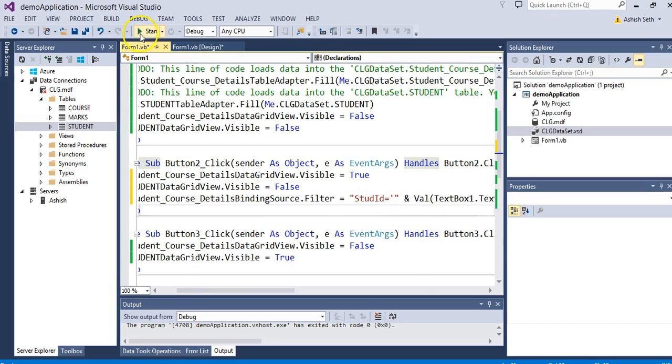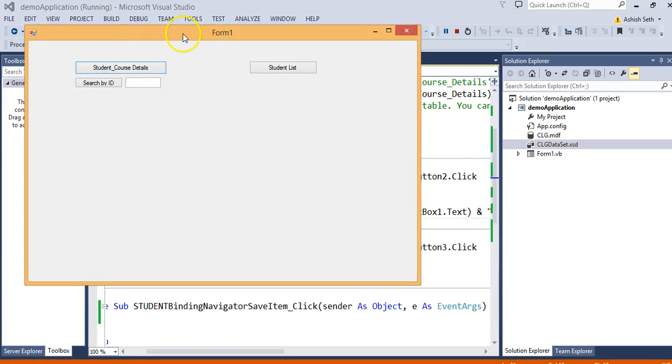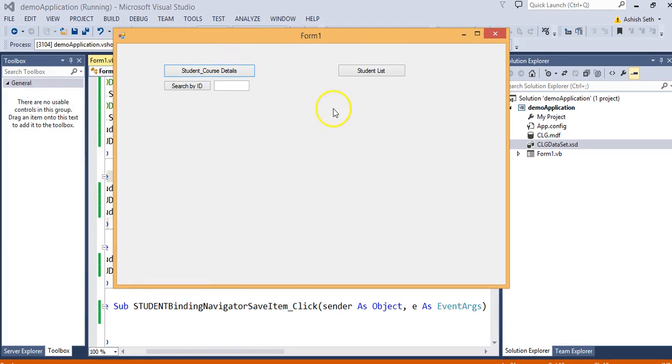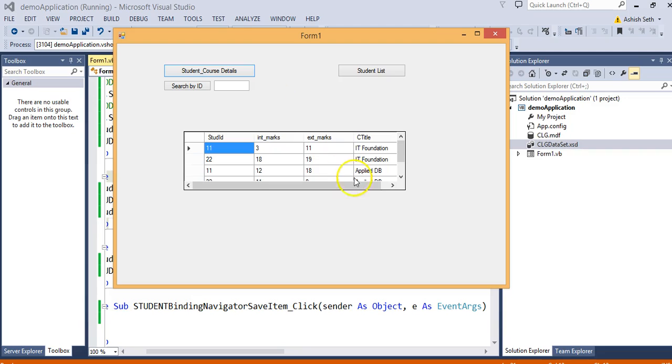Now we will see. If you click here, you'll see the student details. When you click here, you will see the course details of the students.